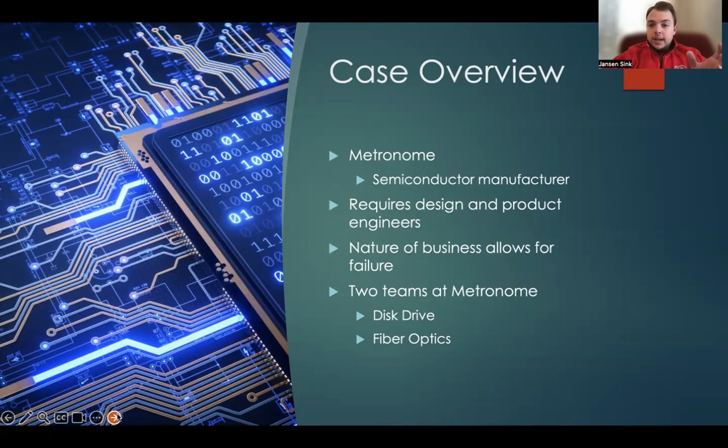This company requires two different types of employees. They require design engineers and they require product engineers. This is really important to understand because this means that in their company, they have to be able to balance two types of jobs, because design engineers are dedicated to creating products that are seamless to the customer, have all the bells and whistles, are the best product that they can be, while product engineers still want that, but they also have to think in terms of financial availability